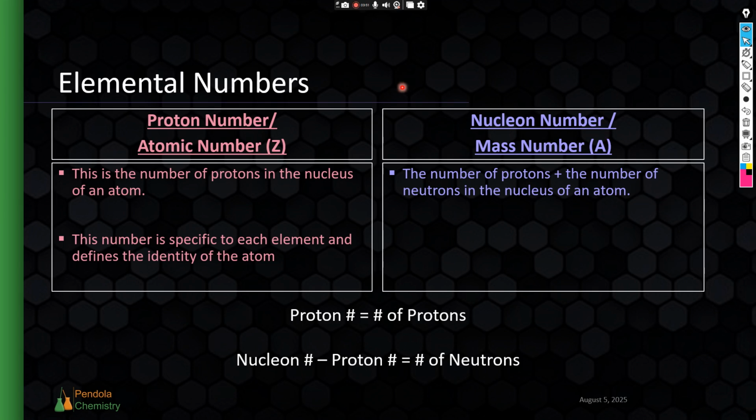You will not find the mass number or nucleon number on the periodic table. And this is something that you need to understand. The nucleon number or mass number is not on the periodic table. So let me write that here to make the point. Not on periodic table. What you find on the periodic table, the number that we're used to seeing on the periodic table,